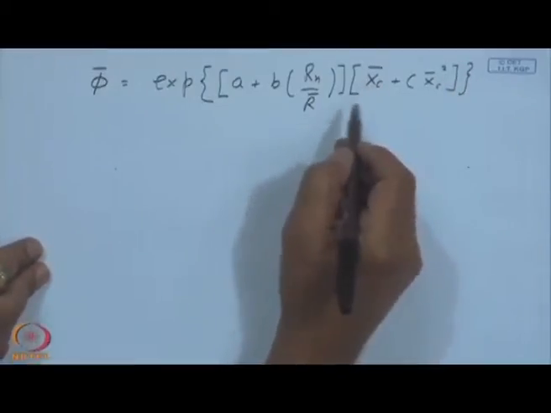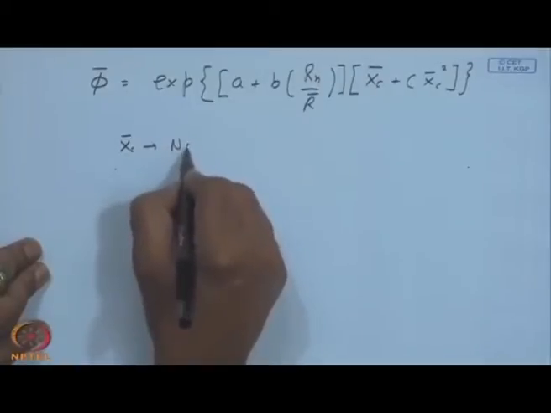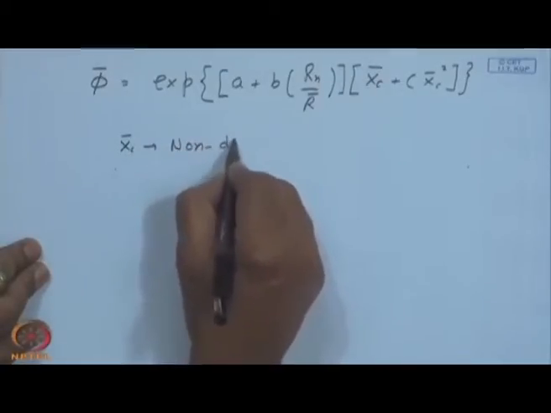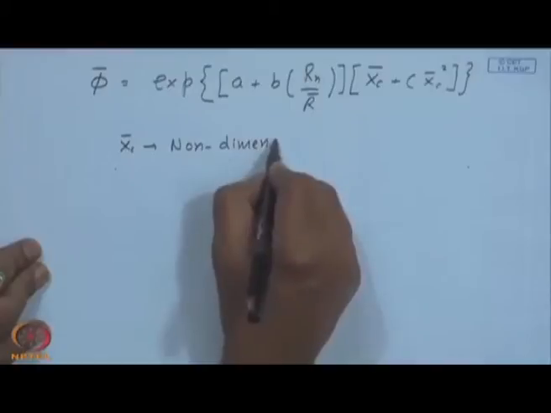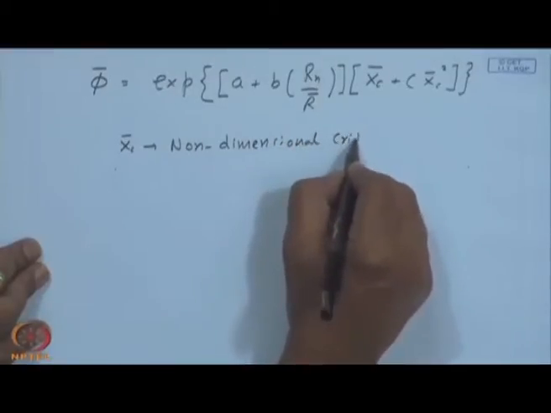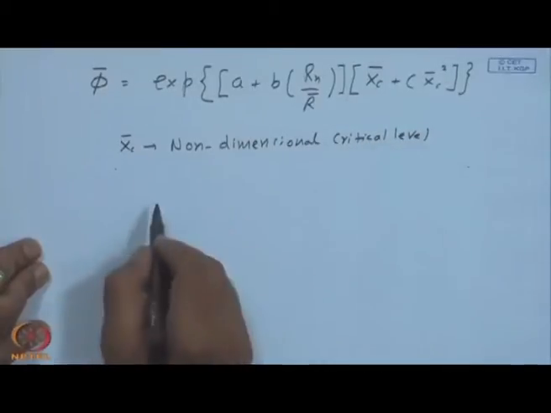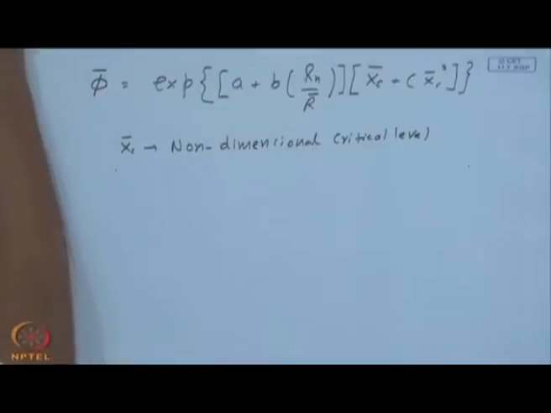So, this is the non-dimensional critical level, Xc bar is the non-dimensional critical level, and A, B and C are constants,